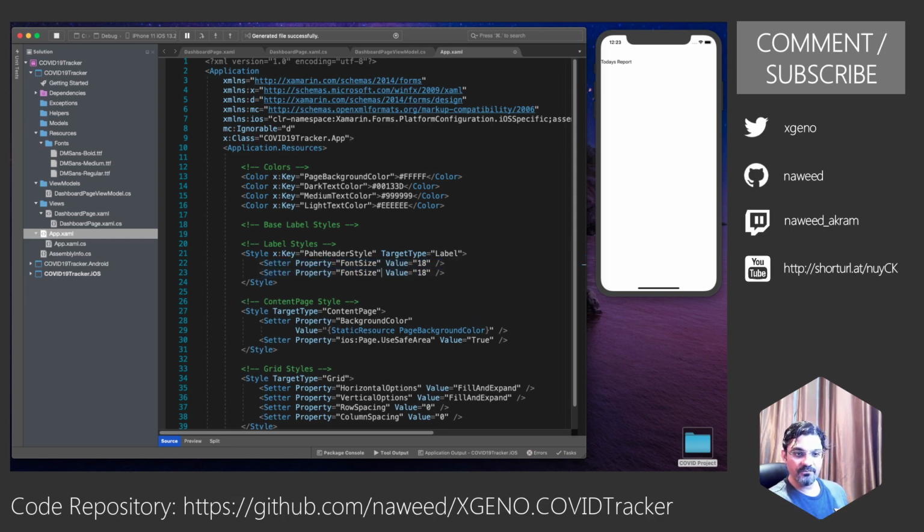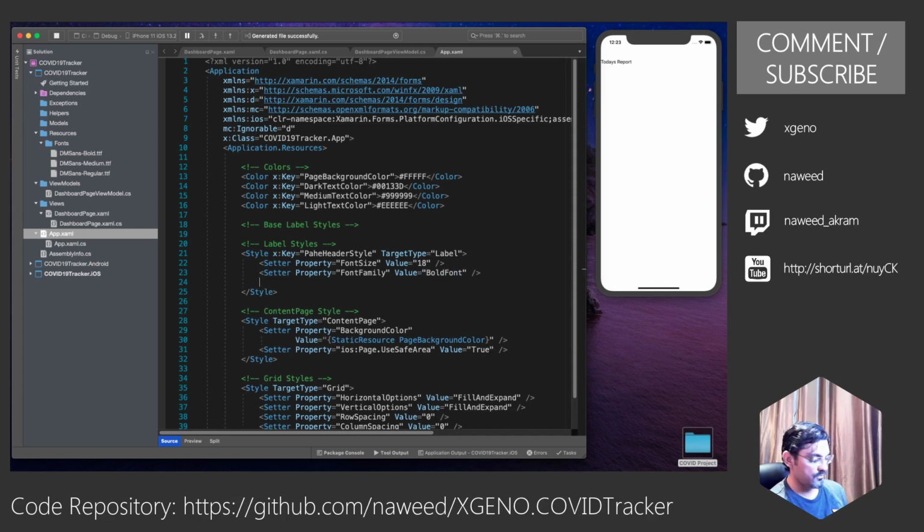Let's change the font family, we will use the bold font. We want to make it bold, and we want it to be in the dark text color. Text color, we will use static resource dark text color.